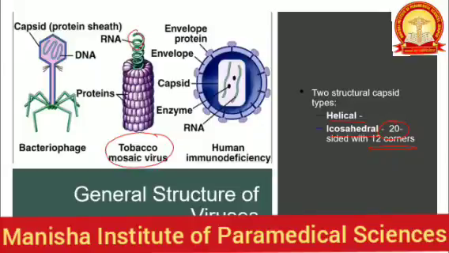present in a stack on one another like a helical coil, inside of which the genetic material is present. And there are complex viruses like the bacteriophage, which contains the capsid, that is the protein head, and a tail, and there's a spike and the attachment plate. All these things are present, and inside the capsid head the genetic material is present.